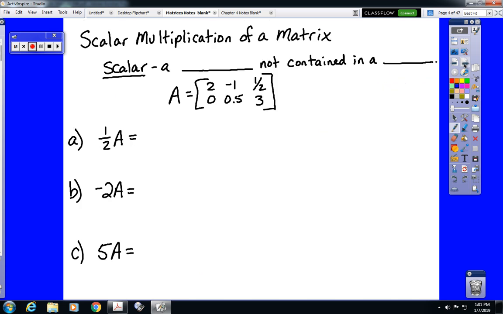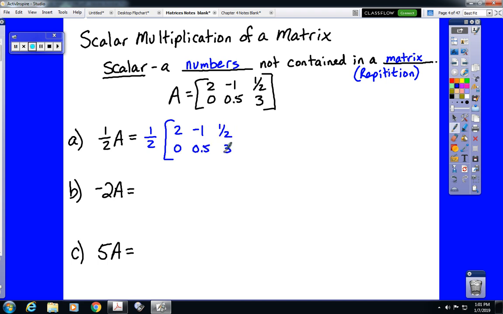Alright, scalar multiplication. A scalar is a number that is not contained in a matrix, and it's usually to show repetition. We can also show dividing up information using a scalar. So a scalar is just a number that's not part of the matrix. And it is actually a really simple idea, because when we multiply a matrix by a scalar, all we do is multiply every number inside that matrix